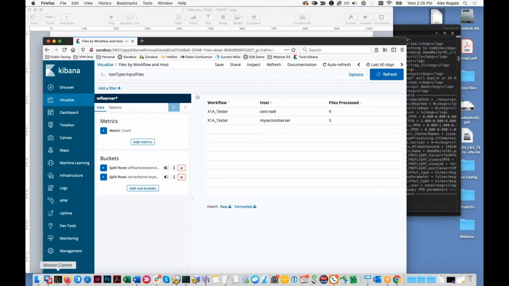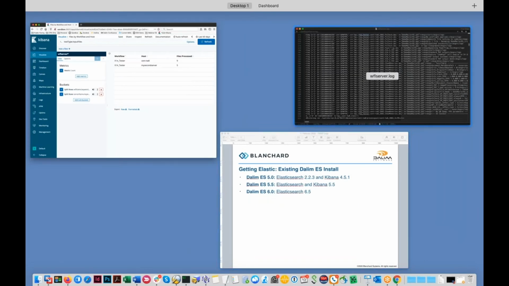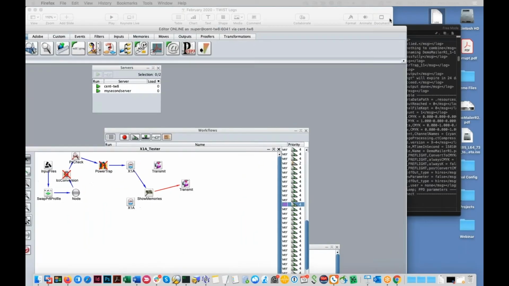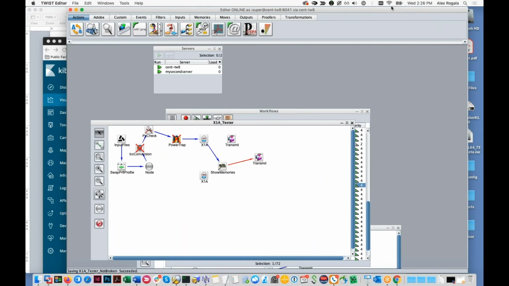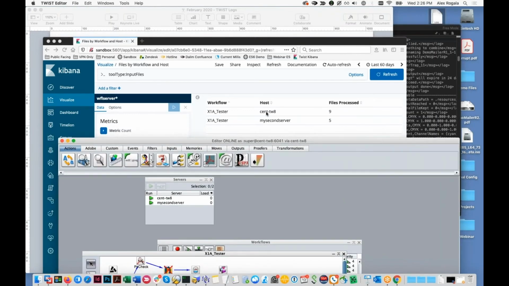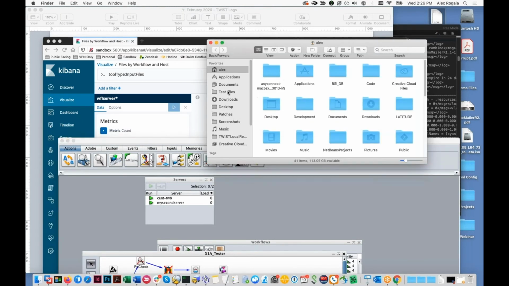I really did lose my editor window here. Oh, it's hiding over there on my other screen. So that was at 9 for the one server I have, and 5 files ran in that workflow on the other server. Let me go ahead and